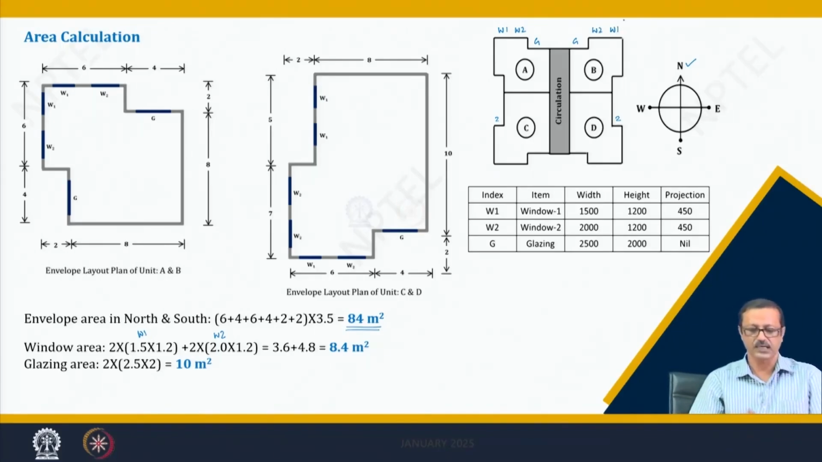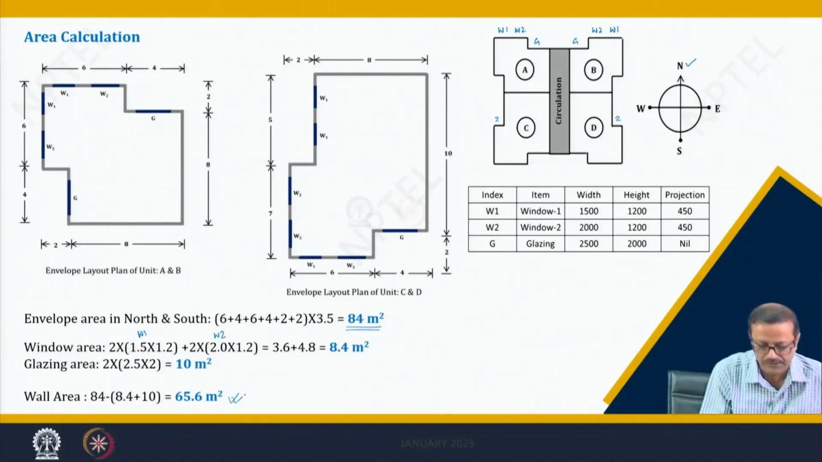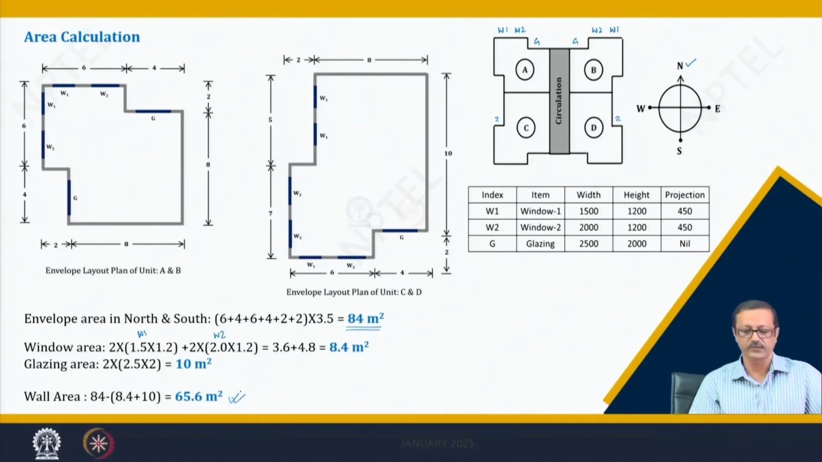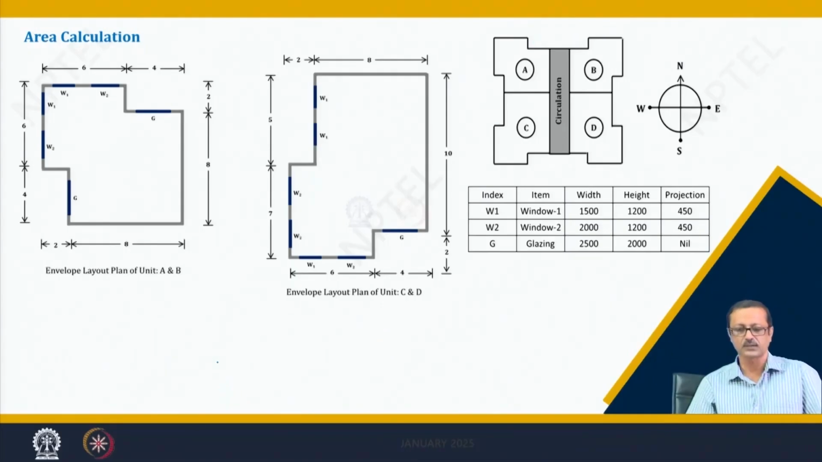By virtue of that I have calculated the areas of the window and the areas of the glazing. And finally, I found out the total envelope area minus the window and the glazing area. So, 65.6 meter square is my solid brickwork, 8.4 meter square is the area of windows, and 10 meter square is the area of the glazing. Similarly, I will calculate for the